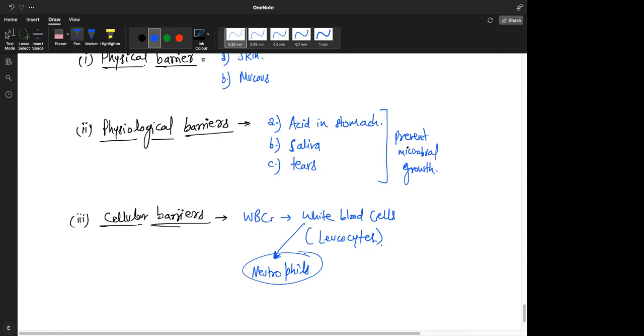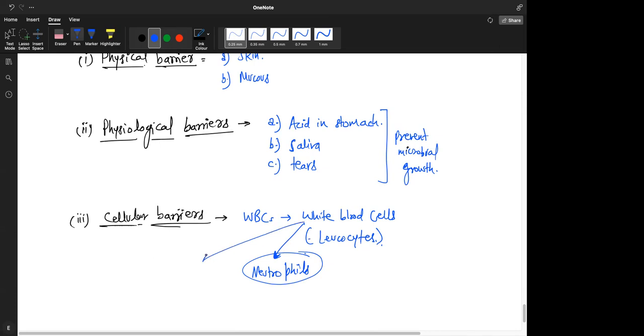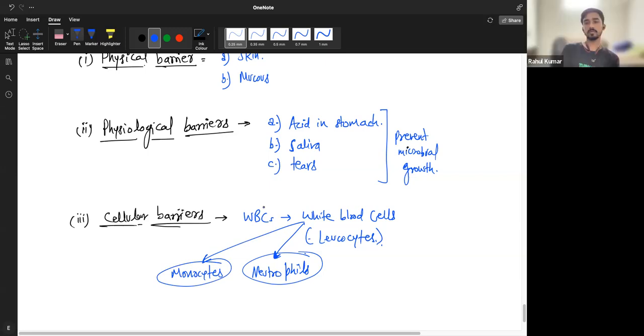Sir, can you say from cellular barriers again? Okay. What did I say, Nabil? Can you tell me? So some WBCs, that is white blood cells or leukocytes, they help in protecting the body against external agents. Some of them include neutrophils. Then yes. So is it clear? Do you want Nabil to repeat again? Nabil, you can go slow. Go a little slow from the beginning. Because the point is, I don't know how to repeat exactly the same. So yes, go a little slow.